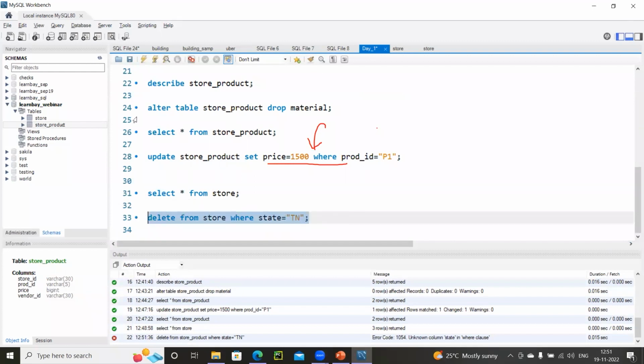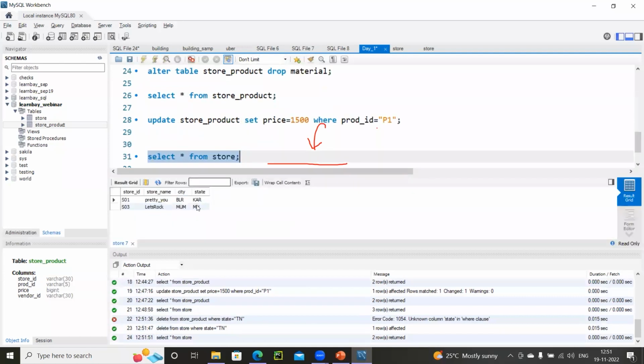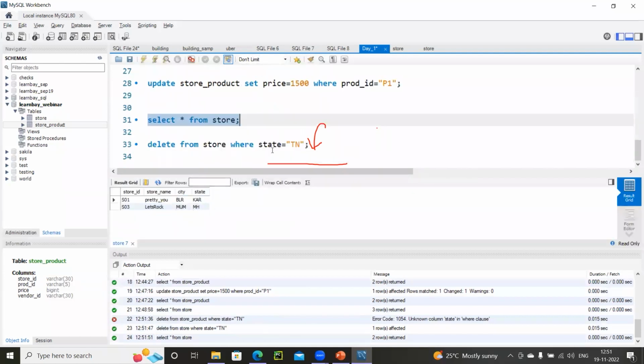Okay, now see. Now it says this command is a success. Let me go and run it. Can you see the Chennai entry has been taken away? Now Sachin asked, he wants city to be mentioned. So I'm writing city is equal to Mumbai. I hope this is what you're asking, right, Sachin?